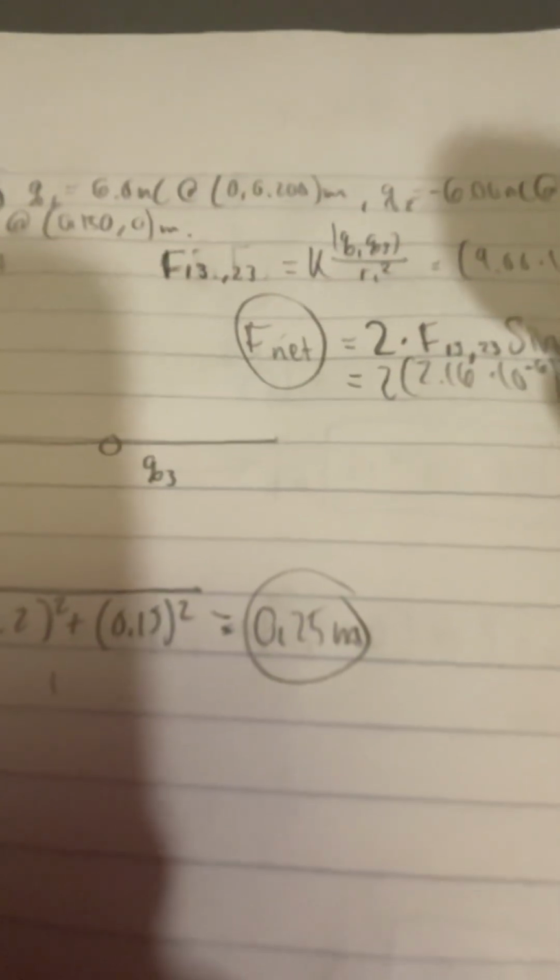So that's going to be 2 times 2.16 times 10 to the negative 6, and then sine of opposite over hypotenuse is 2, 5, and then that is going to be